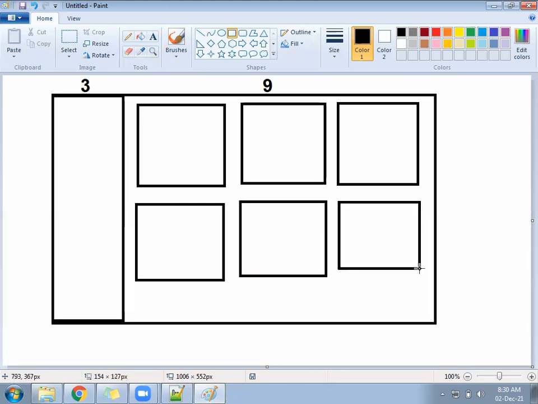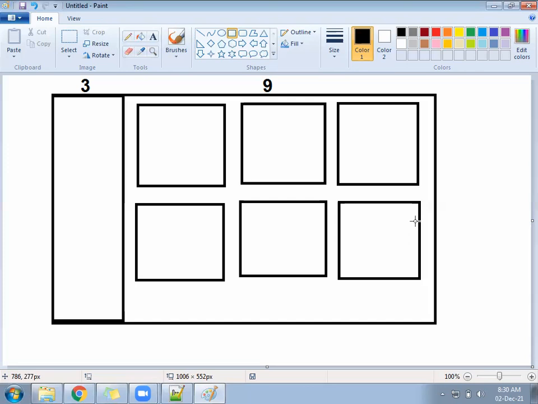Right? So what is this? You can say 3 is separate, 9 is separate. Inside the 9 again you are going to create how many rows? 2 rows. And each row will have 3 columns, like 4, 4, 4, 4, 4, 4. So inside the column again we can create the row. But inside the column we cannot create the column. It will not be considered a column.